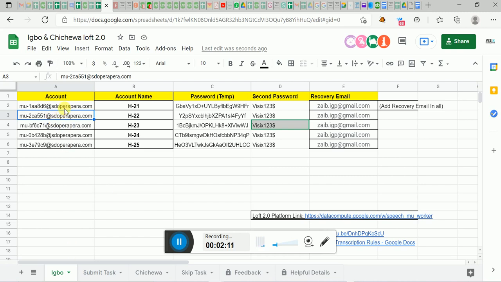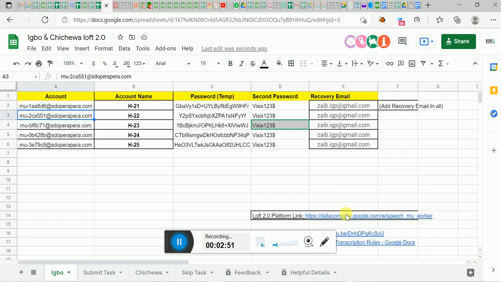If you watched the video which we shared previously, you know how to log in to Loaf 2.0, and you know that for logging in to Loaf 2.0 there is a need for an account and the password, and there is a dashboard URL. We added the dashboard URL here, and also we added that previous video URL here. You also can view it from here.